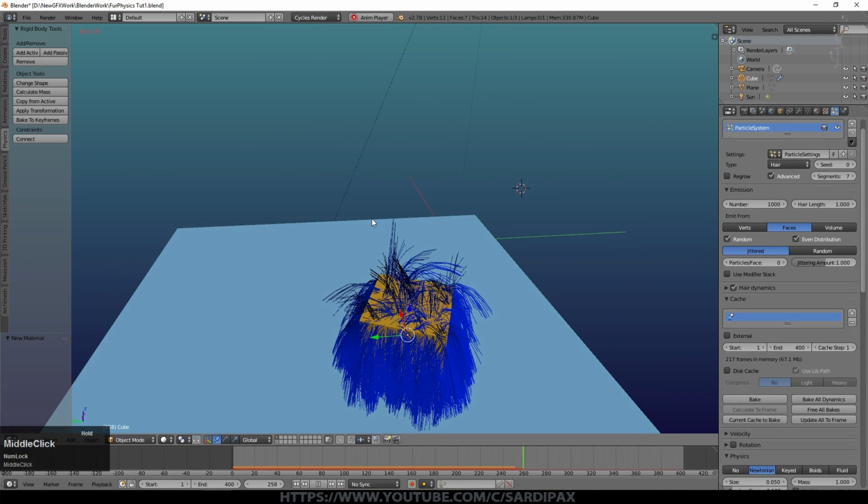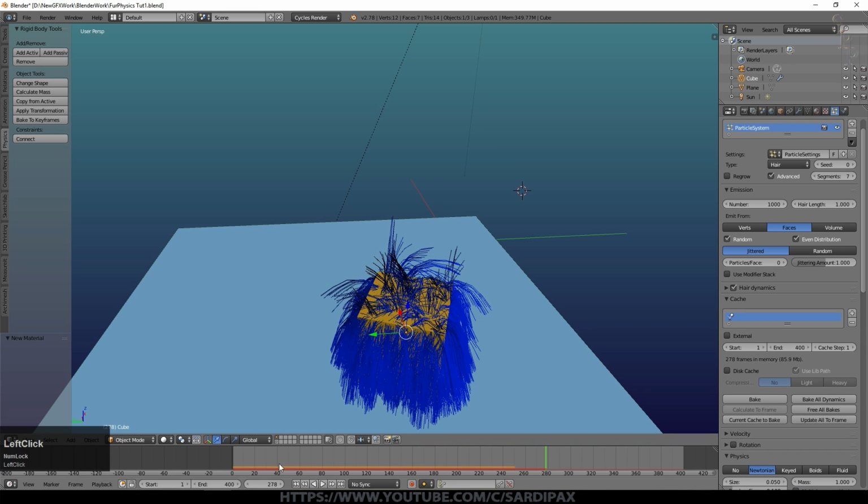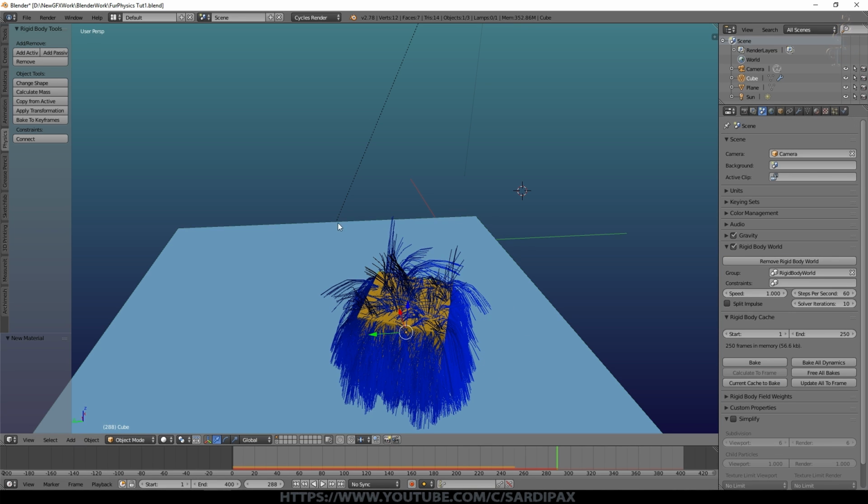Although, of course, the hair's pretty much settled now. So that yellow line is obviously the buffer for the movement of the cube, the physics movement, and then the red line is for the hair particles. If your physics is continuing throughout the animation, you will also need to increase your physics cache. It's unfortunate that they're not all tied together. So I'm going to increase this one to 400 as well, because later on we're going to do something with some physics to affect this hair. So if I put that back here now and press play, you can see now the physics buffer is topping up as well, although there's not really anything going on with physics.